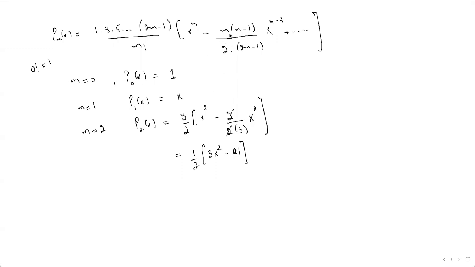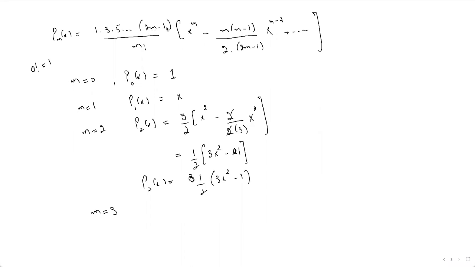Three x square minus 1. This minus 1 by 2 is also multiplied to this term, and this 2 and 2 will get cancelled out, so we get 1 by 2 into 3x square minus 1. So this P2 of x will be equal to 1 by 2 times 3x square minus 1, because this 1 by 2 we are getting from here, right? Now similarly, for m equal to 3, when you substitute m equal to 3,